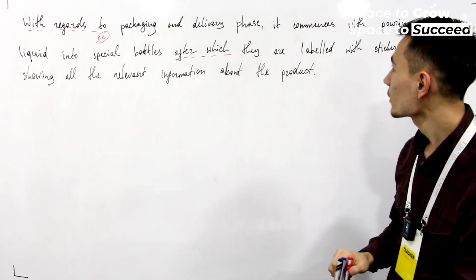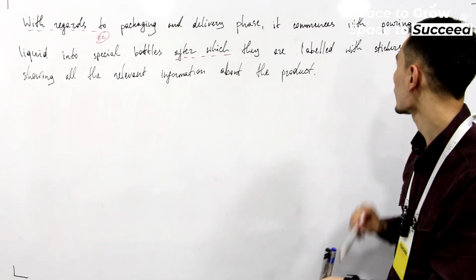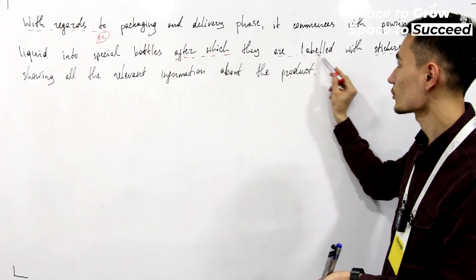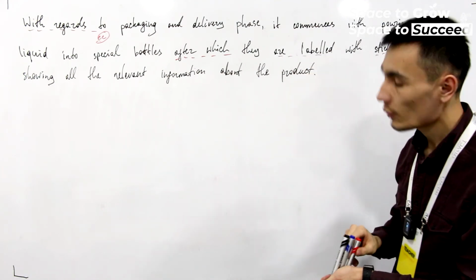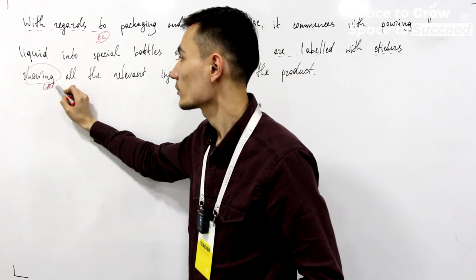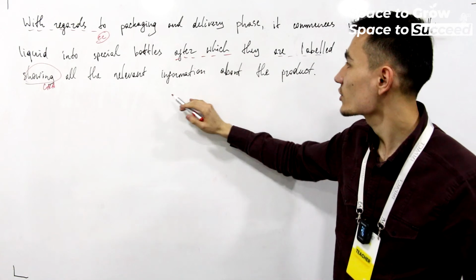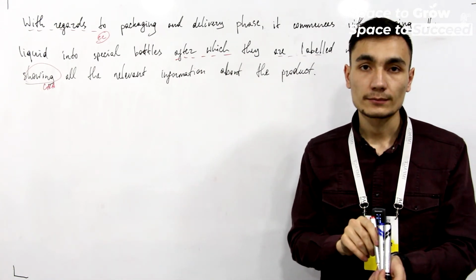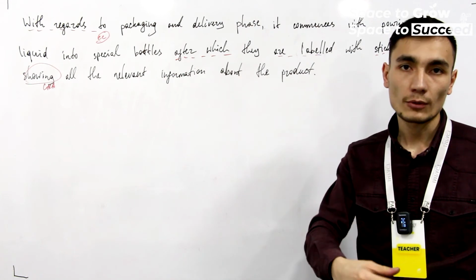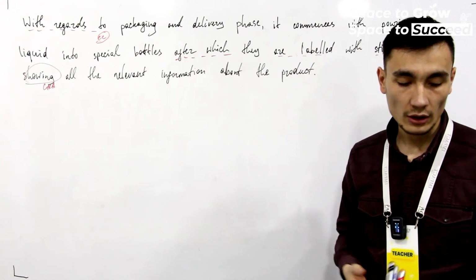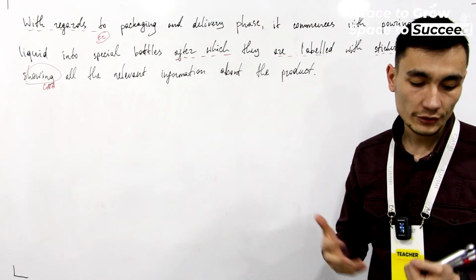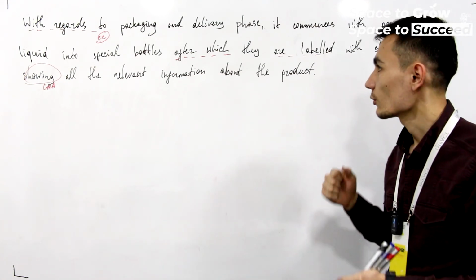So the word stickers may be a bit wrong here, and I use again the passive voice structure. Showing is here a participle clause, which gives us a higher grammar range and accuracy score, all the relevant information about the product. And as you see in the next part, there's a manual quality control. There's a hand picking and just observing or monitoring the content or other details of the ketchup. So we have to say